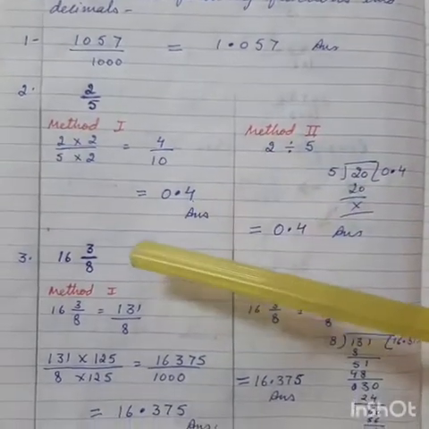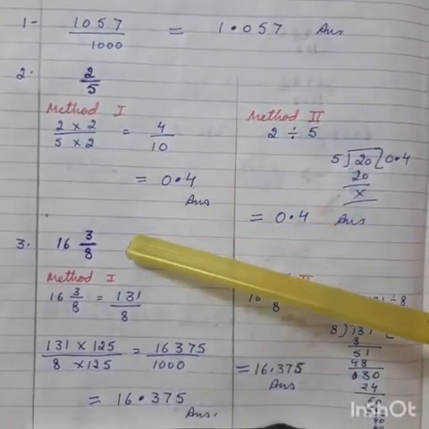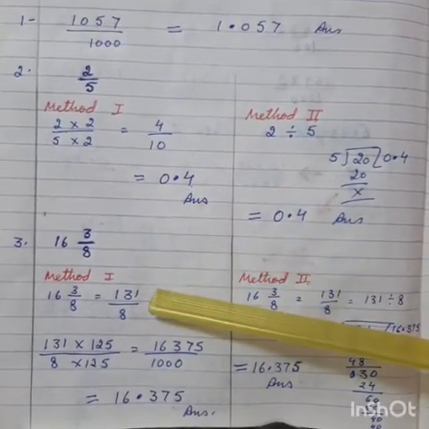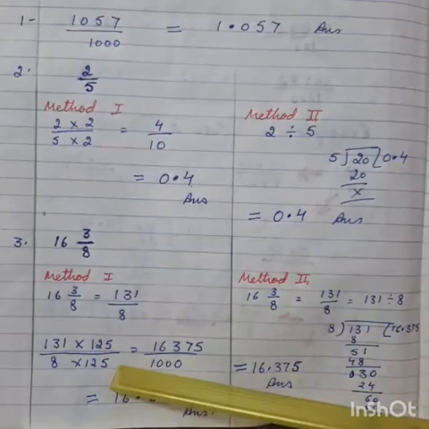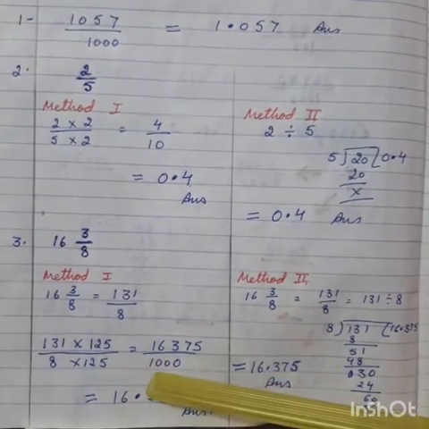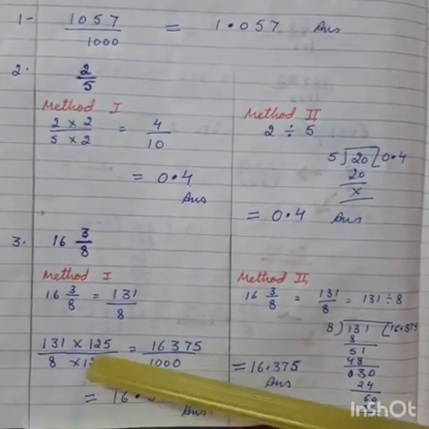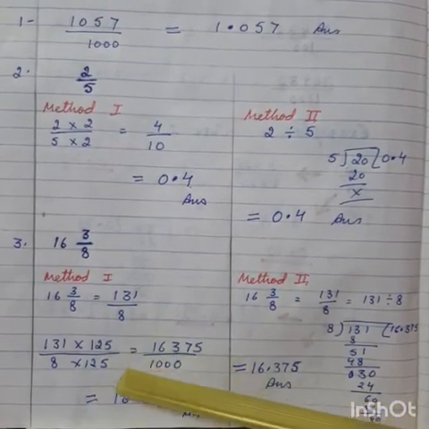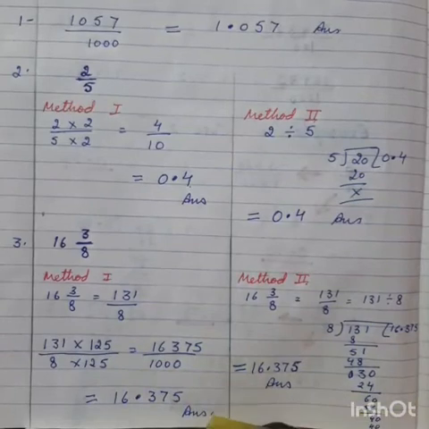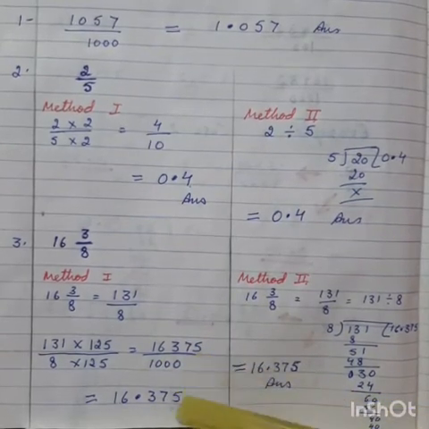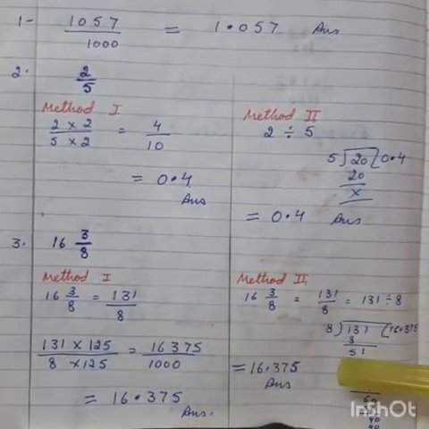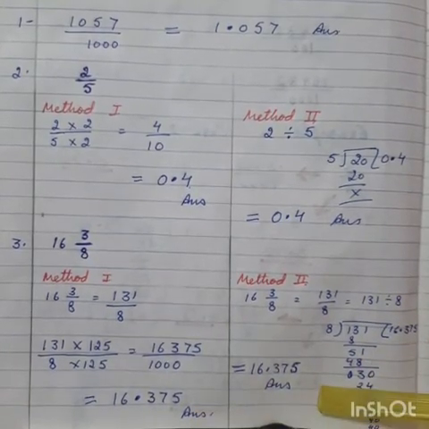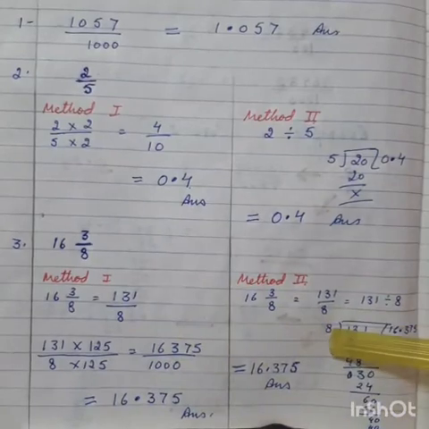Let us see another. This is a mixed fraction. So first of all, this mixed fraction is converted into an improper fraction, and then again the denominator is converted to a digit which has zeros. So here we have to multiply by 125 in the denominator as well as the numerator and finally get our answer. Or you can do the second method, which is a division method, and get your answer. You will get the same result by any of these methods which you follow.